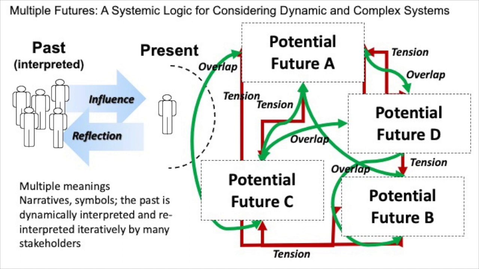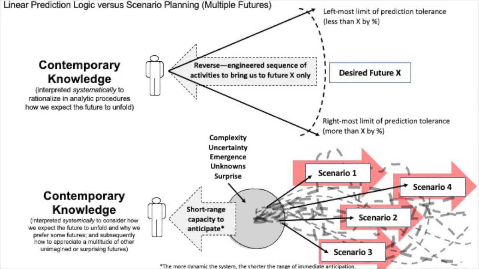Multiple simultaneously coexisting potential futures would be generated using scenario planning, with each of these future states demonstrating different combinations of overlap, such as commonality, convergence, or codependence, but also tensions between the futures where divergence, difference, independence occurs, as well as the notion of interplay between these futures, novel and emergent qualities that do not exist in any legacy frame or understanding today. That's why the notion of interplay is emergent. It exists in a new frame that we in our current legacy system either can't realize or can't even imagine